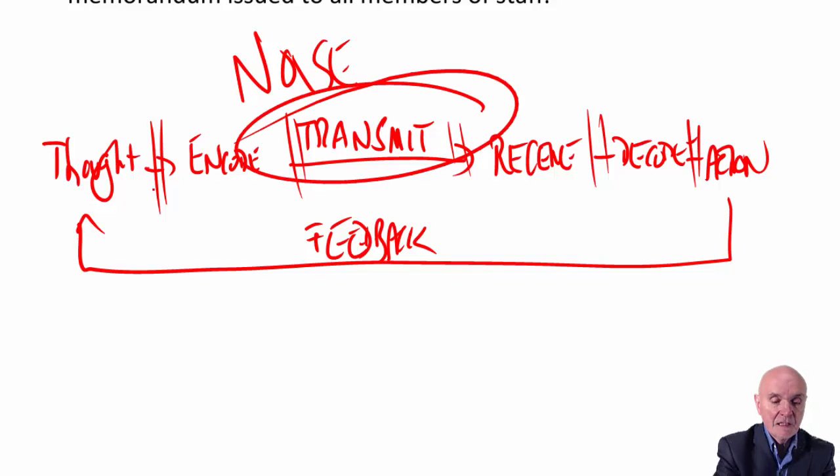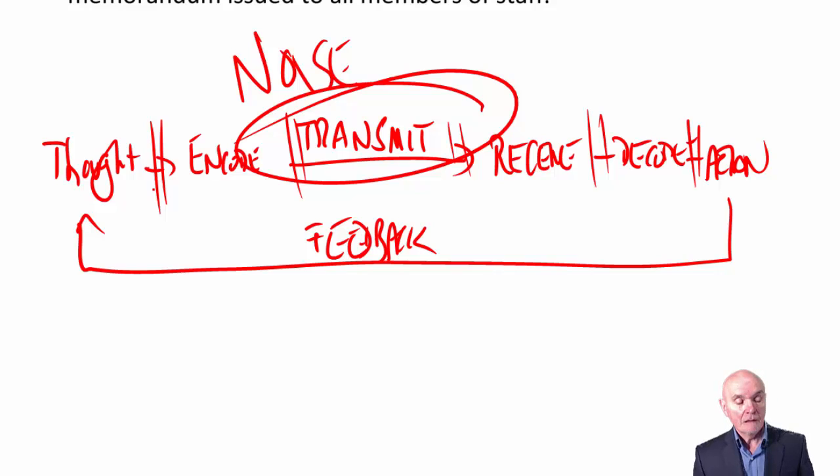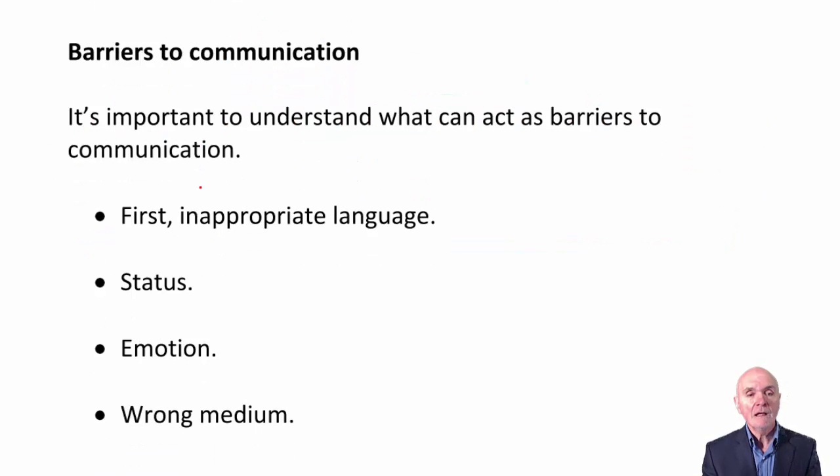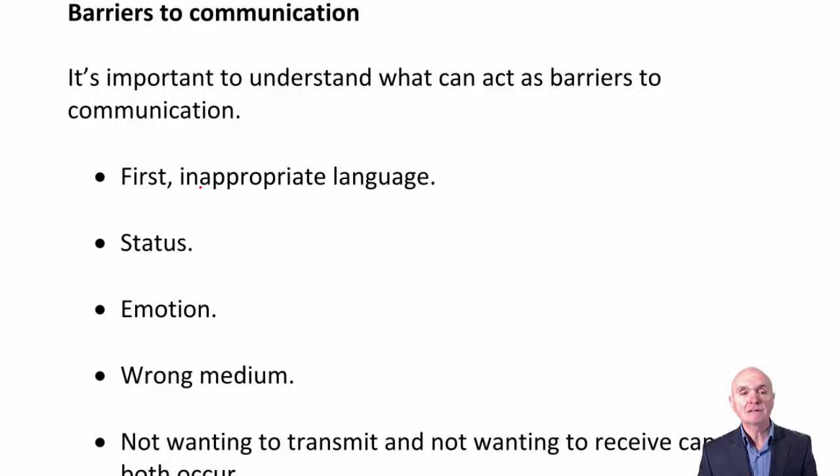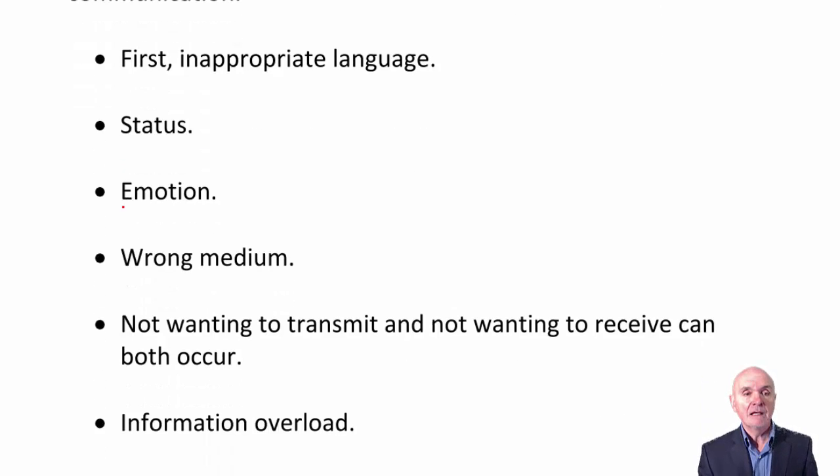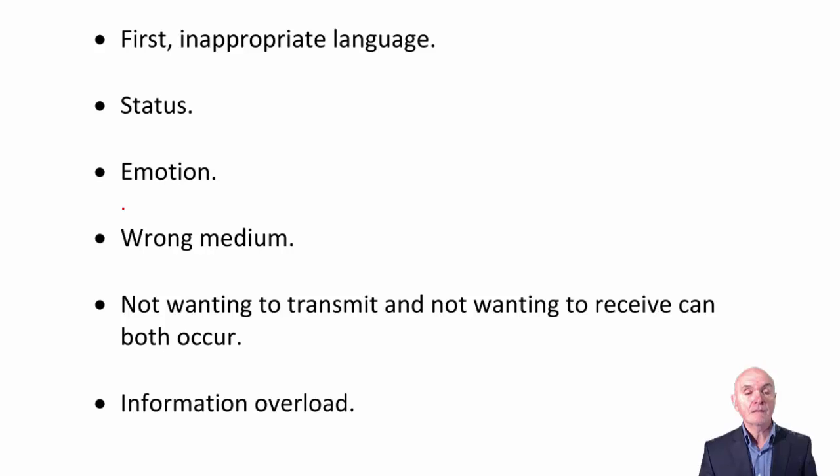Obviously noise, if you're listening to a lecture, in the transmission and the reception, can be real physical noise, but noise really means any interference with the process of clear communication, extraneous thoughts. Looking at Facebook as you're trying to listen to the lecture, that is noise as well, and it will interfere, it will be a barrier to the communication. And we need to understand the barriers to communication to try to eliminate them, really.